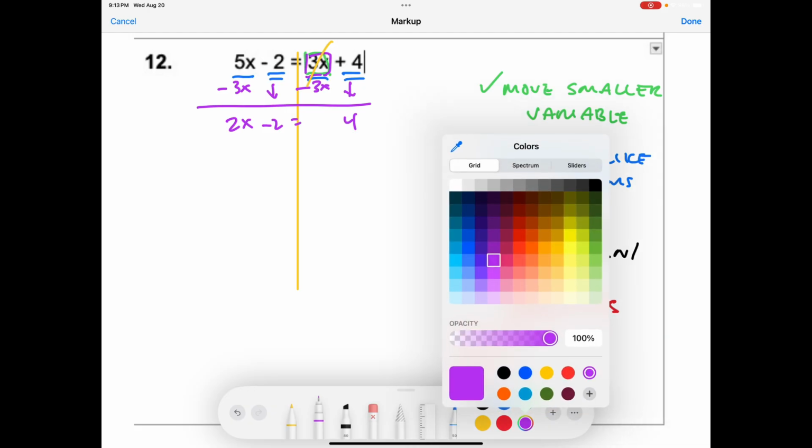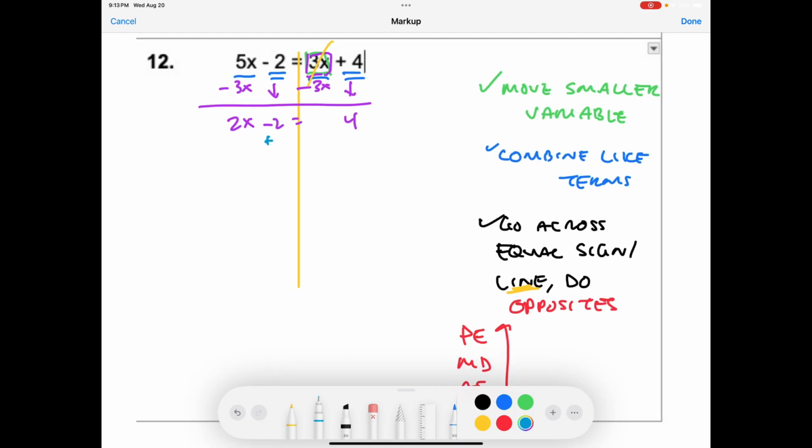Okay, so now I'm going to get the constants together. So I'm going to add 2, because I see subtraction and then I do the opposite. So I get 2x equals 6. And then I see multiplication, so I just have to divide by 2 on both sides. x equals 3. Remember, you can always take that and put it back in there